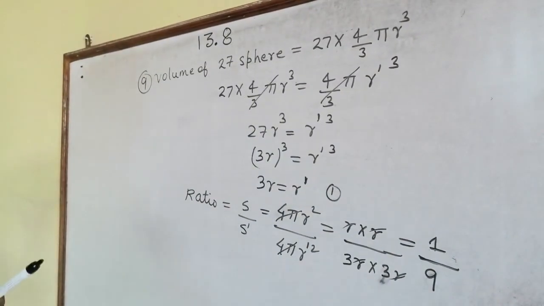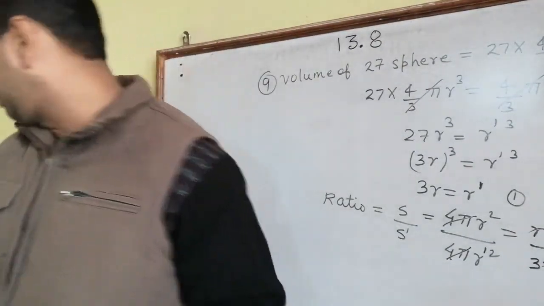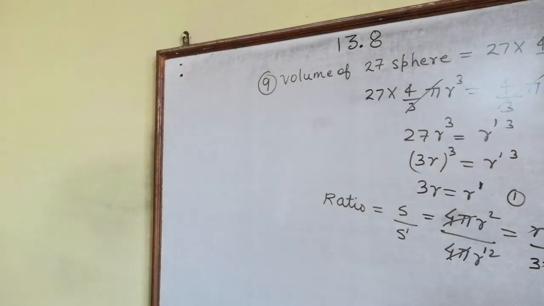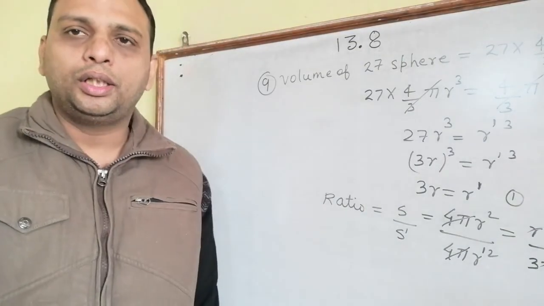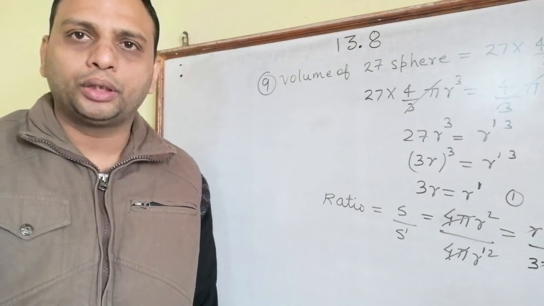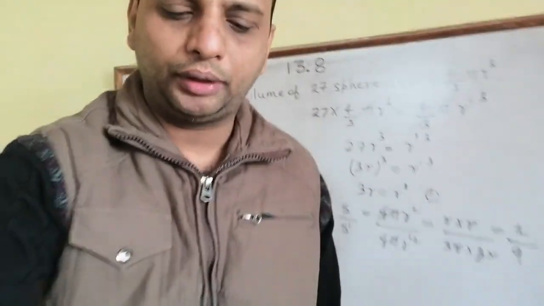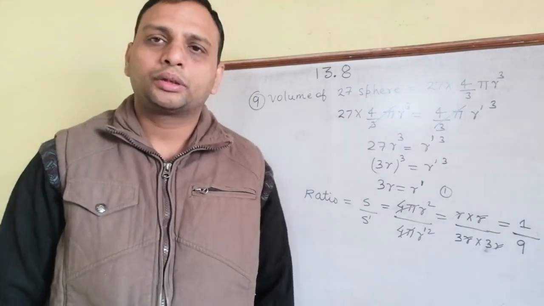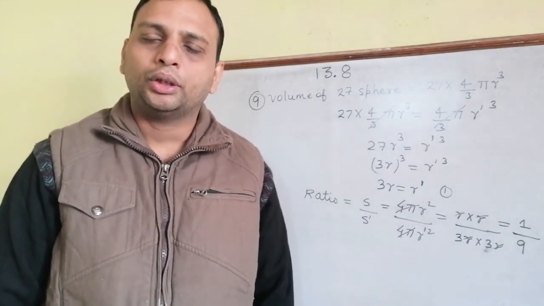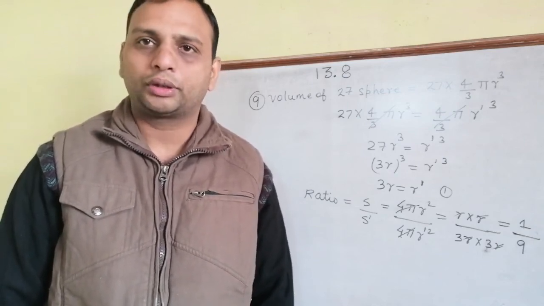After completing question number 9, there is one question left. In that question the medicine is given in the shape of a medicine capsule. By using the formula of the sphere, you can easily find the volume and get the answer. The next question you can do as homework. So with this exercise, we complete exercise number 13 chapter. The lengthy chapter we completed. Now only one chapter is left, so that will be completed in the coming days. Till then you can practice, and along with the chapter the syllabus will also be completed.